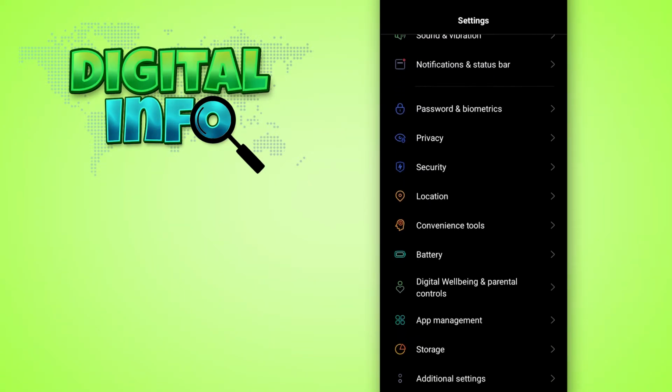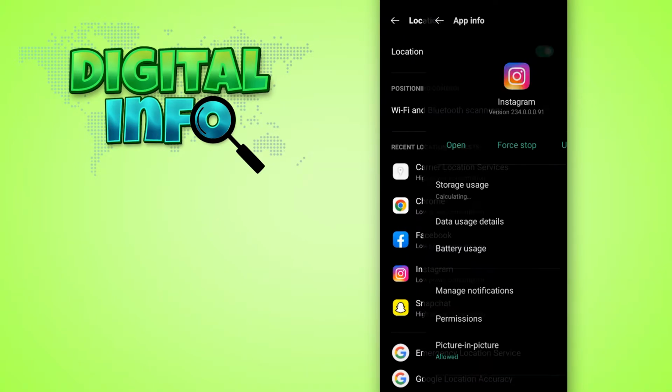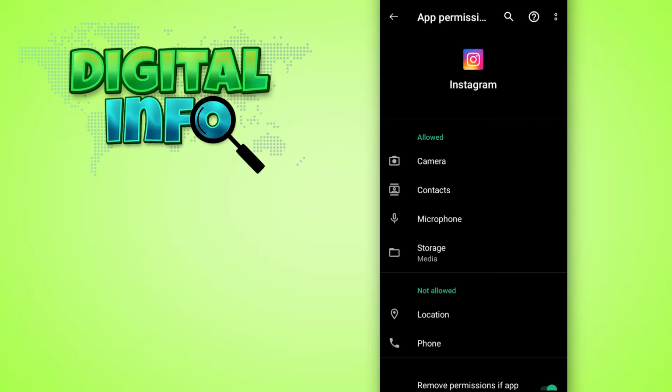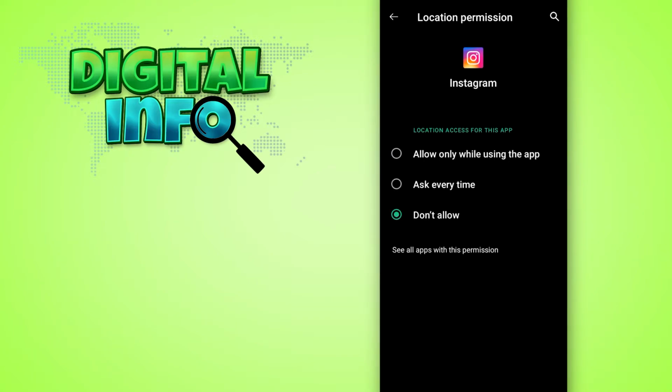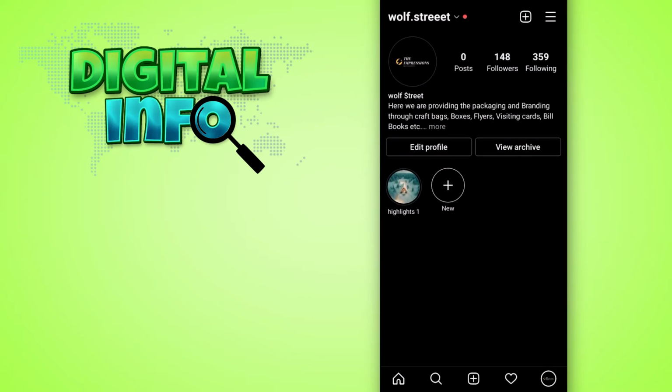just scroll down and click on locations and then click on Instagram, and here you just simply click on permissions and then click on locations. In here you just simply click on allow only while using the app, and then go to your Instagram account